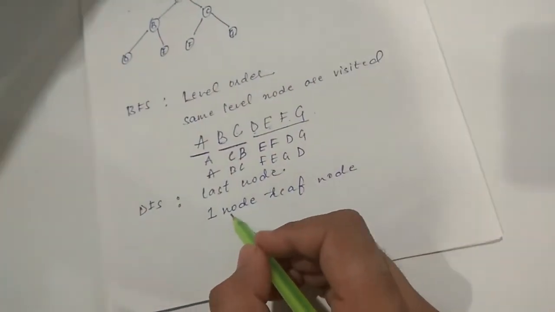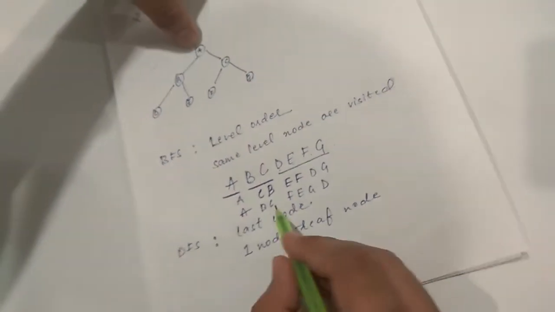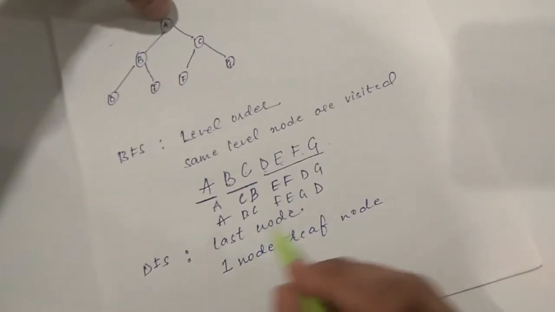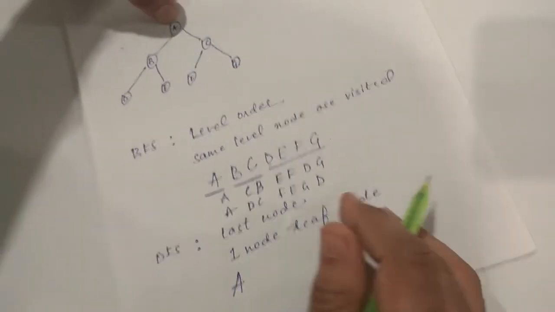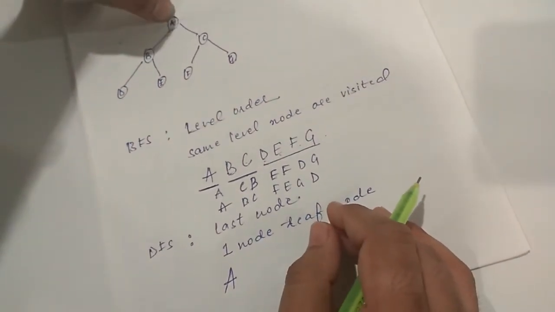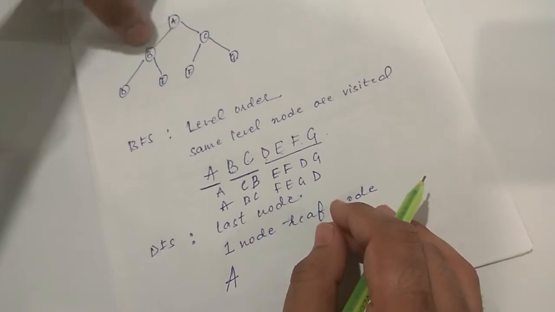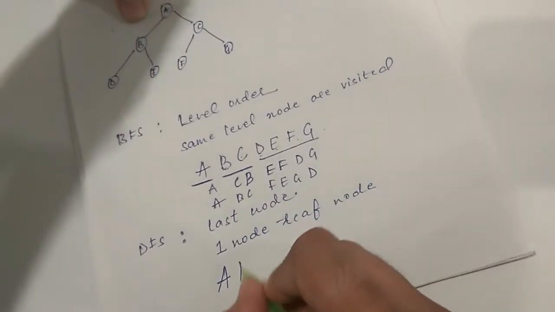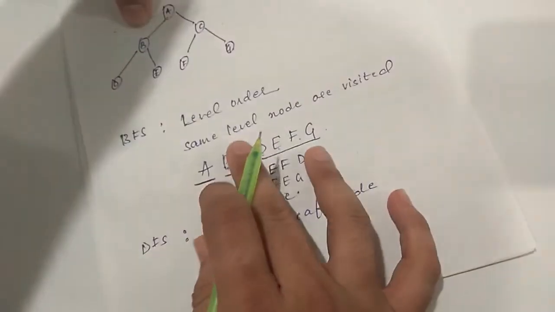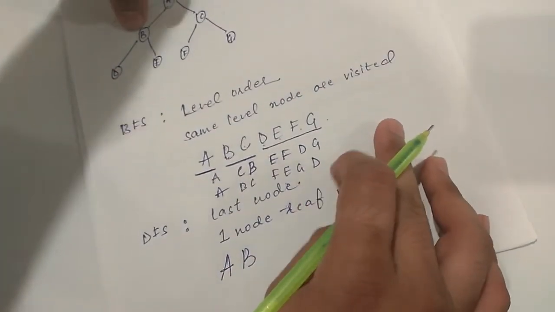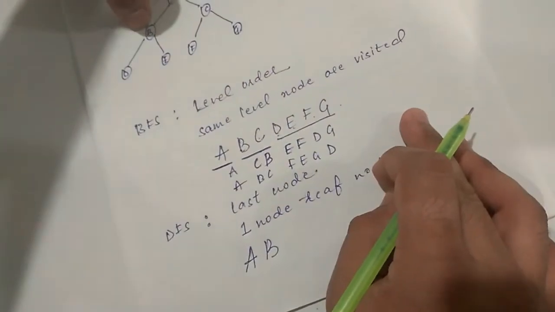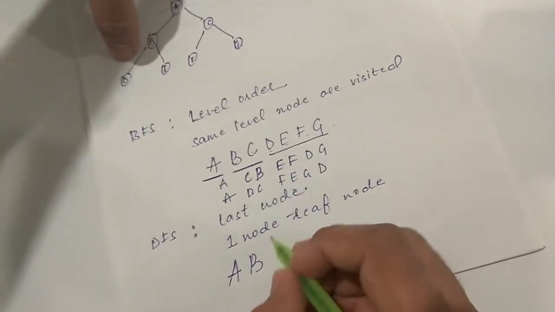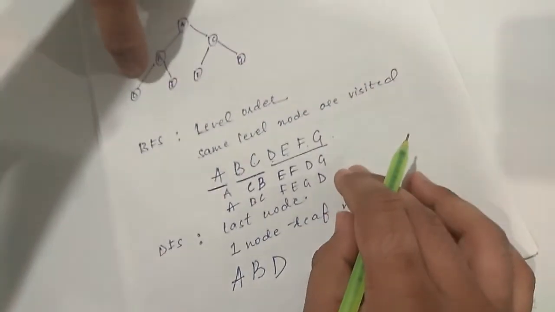Now let us go for DFS traversal. It takes first node and it will go up till the leaf node. So let us say that first node traverses A. Then it will move towards, there are two ways, B or C. You can move either in any direction. It will go to B. Now instead of moving in level wise, it will go until the last node of that. Then from B the next level, that is D or E. You can go in any manner. Let us say I am going in D.